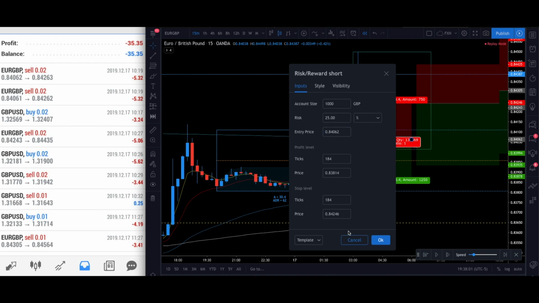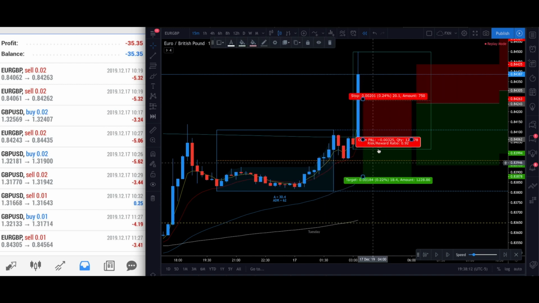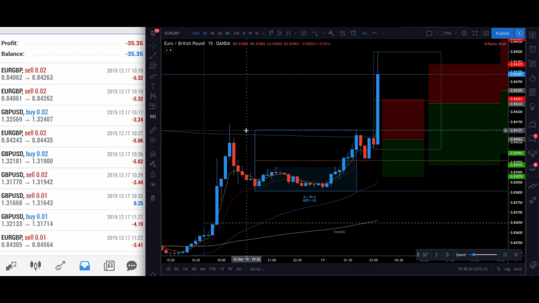84.062. And then what boggles the mind is, why would you have a stop loss that's 20 pips? A 20 pip stop loss. Look how high the stop loss is compared to where you think the high of the day is, or where you presume that the high of the day is. So if you're going to get into this trade super early,